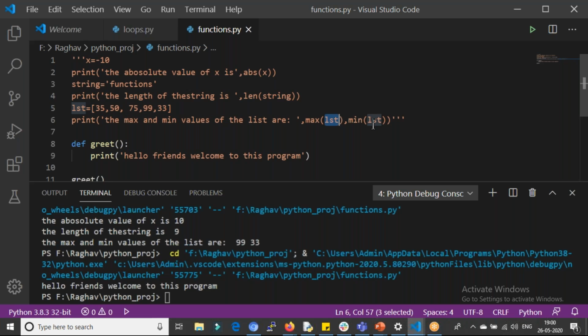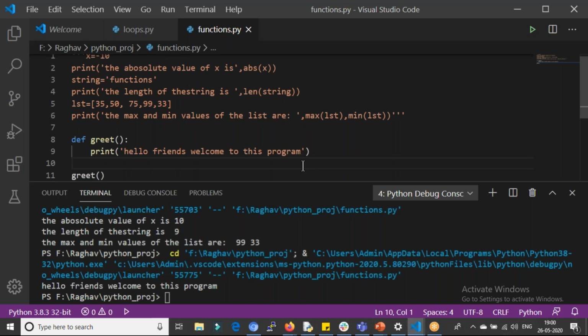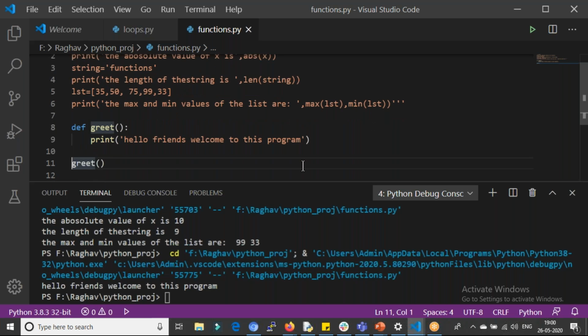So in many functions, taking parameters is very common, right? Let's say you want to add two numbers and you want to create a function for that. Then you have to give the two numbers as parameters. You have to tell Python that I want to add number 1 and number 2. Then only it will accept, right? Or else it will think, what number should I add? So you have to specify the parameters over there.